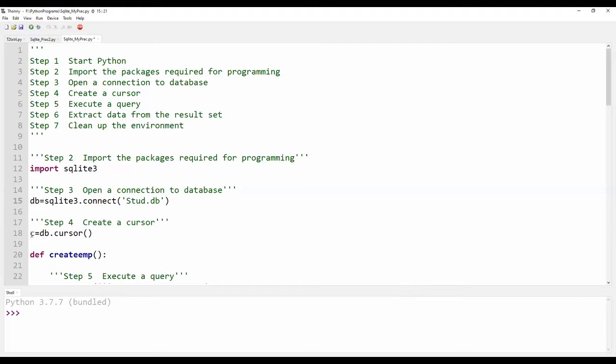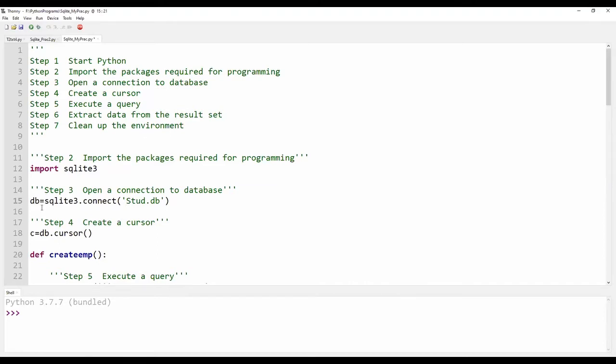Step number 4, which is explained in line number 18, is c equals db.cursor. Here c is an instance. What am I creating an instance for? I am creating the instance for the database cursor.